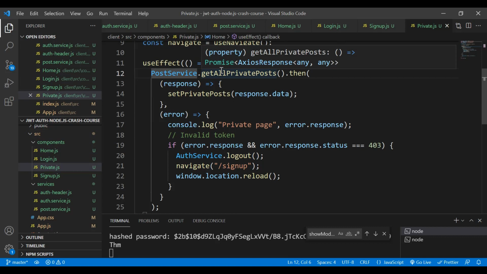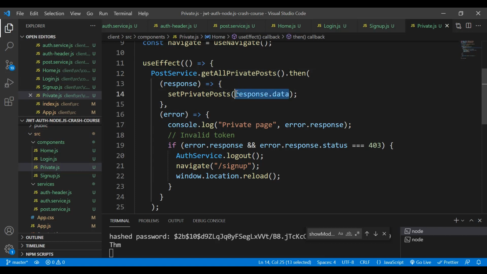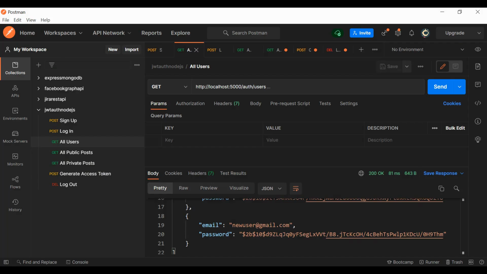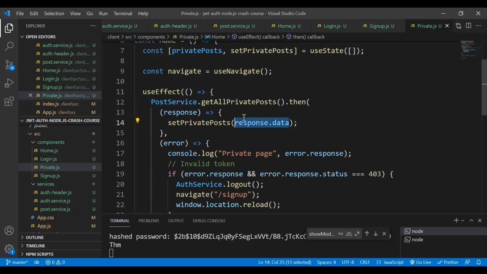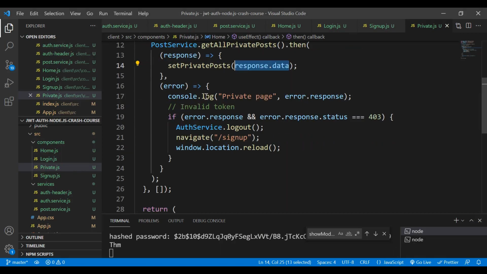We want to get all of the private posts. So if that's successful, then we want to set the data. So what do we expect to see in the private post? Well, we want to see the information here. Post 3 is private. Okay, so we set that here, and if there's an error, meaning that it's invalid,